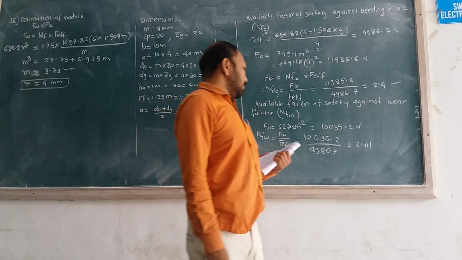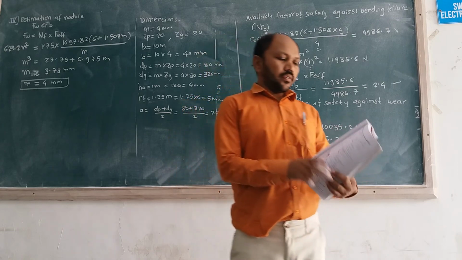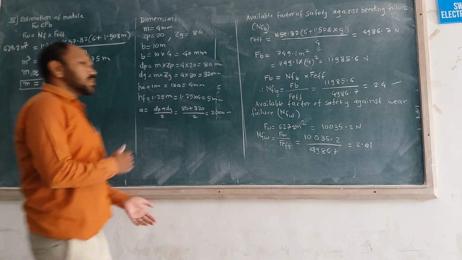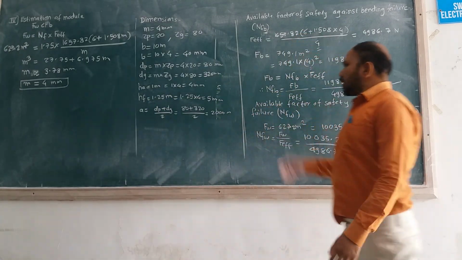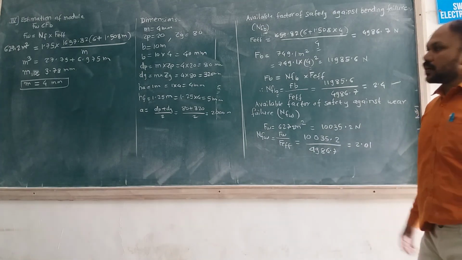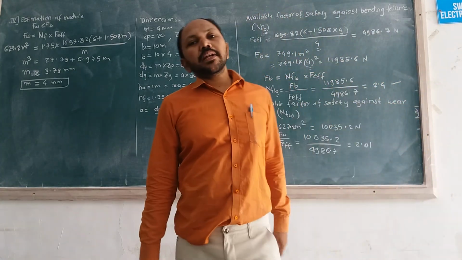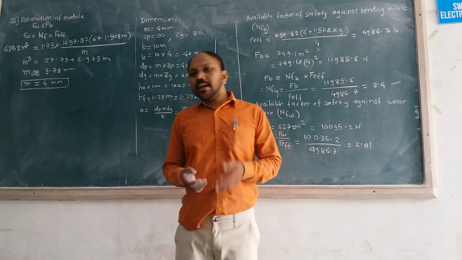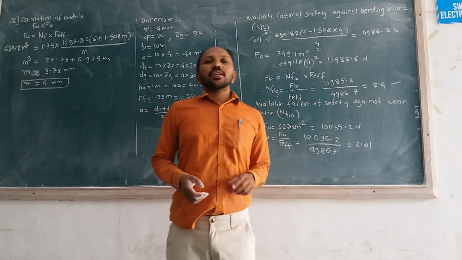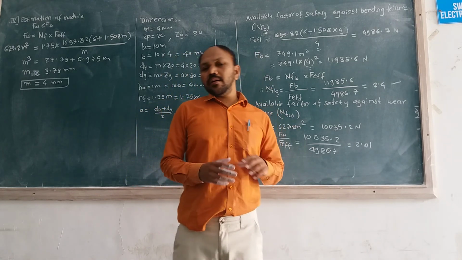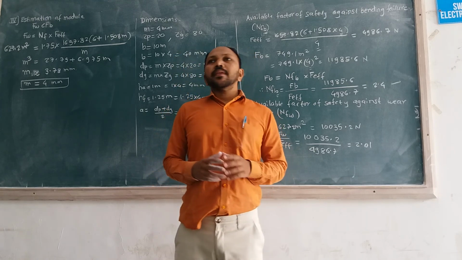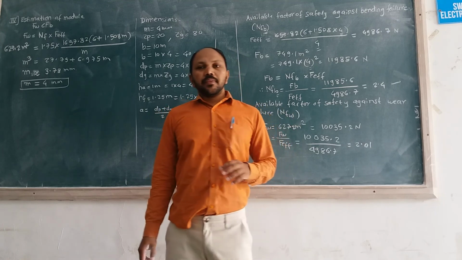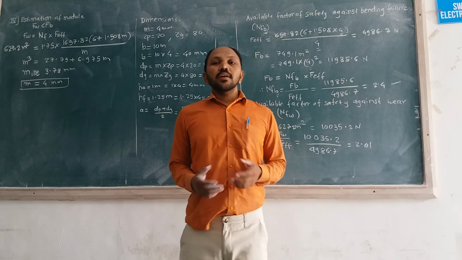So in this way we calculate this problem. If we understood this problem, then it is easy to calculate the remaining problems. Just the procedure is important. The first step is bending strength calculation, then wear strength calculation. Compare FB and FW and find out which is less. After that, the third step is effective load calculation. Effective load calculation has two formulas, but if dimensions are not available, then use the velocity factor formula.